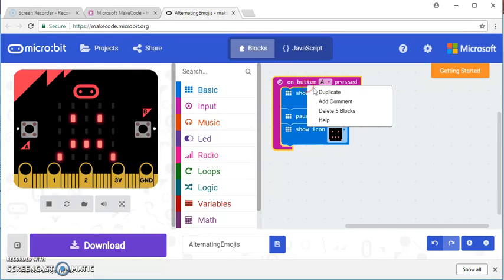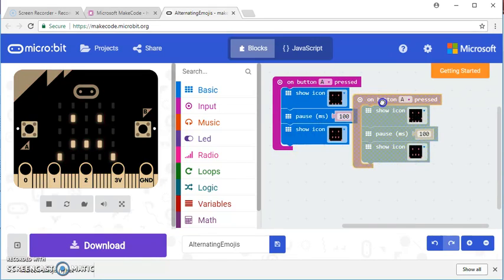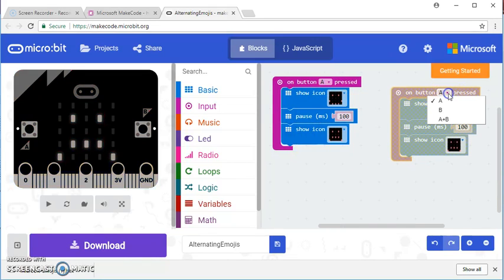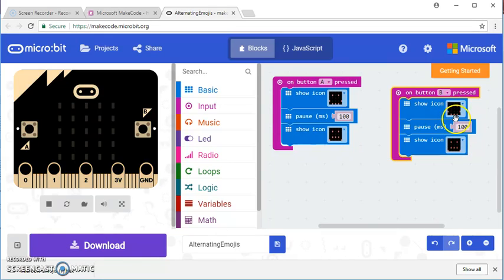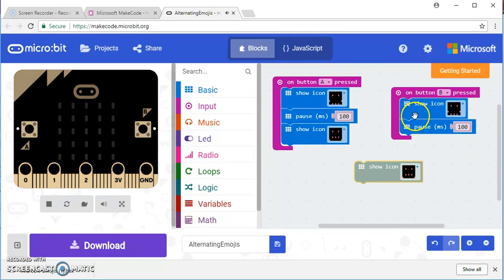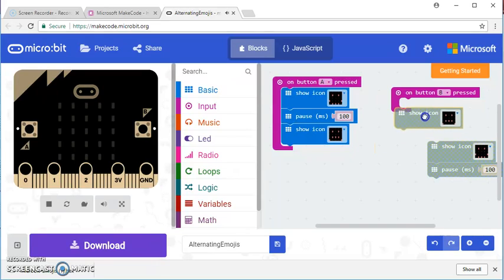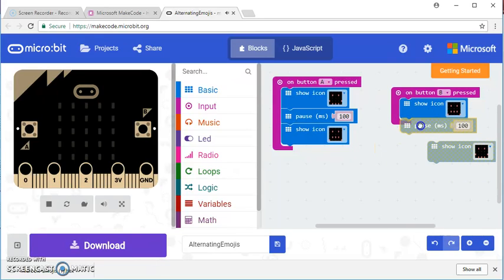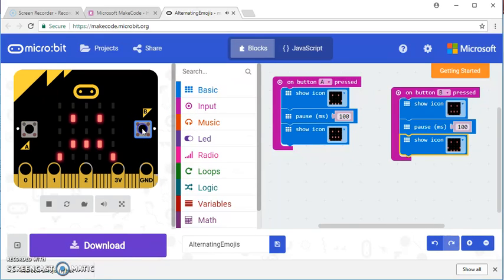Then I'm going to replicate that, so duplicate it, drag it across, change the button A to button B, and this time I'm just going to move them around. So I'm going to have our sad face first, then our pause, and then our happy face. So this time button B pressed, sad face, then happy face, button A pressed, happy face, then sad face. Now it's hard to see that it's actually showing the happy face first on button A, but that's just what this code does. Again, I can save it,